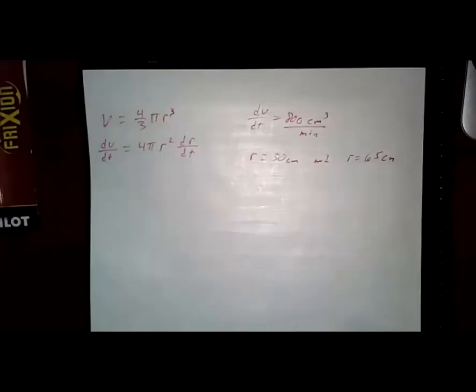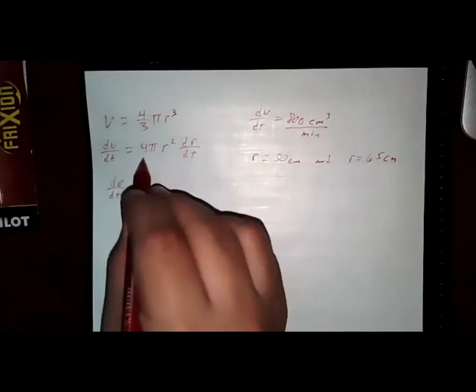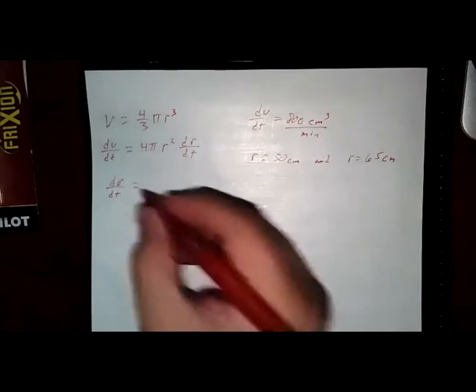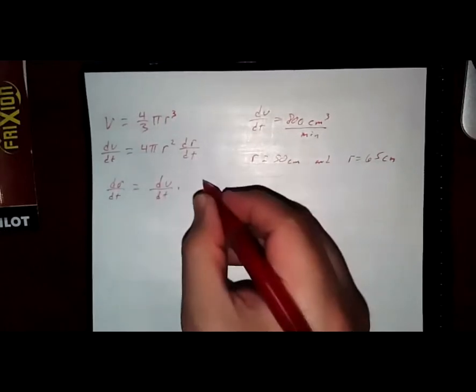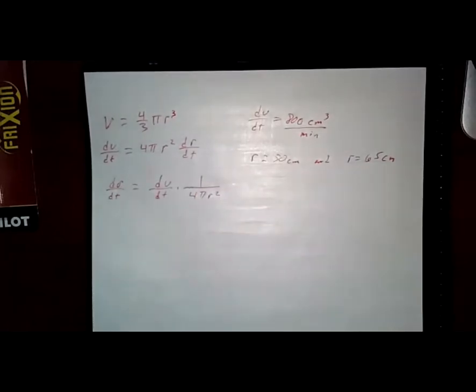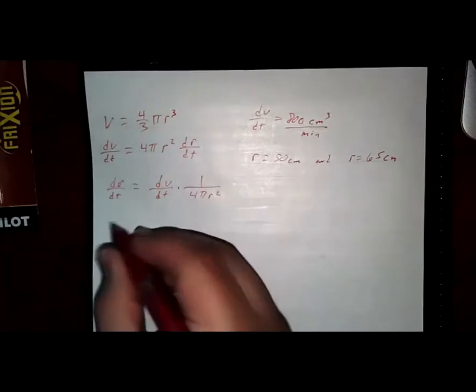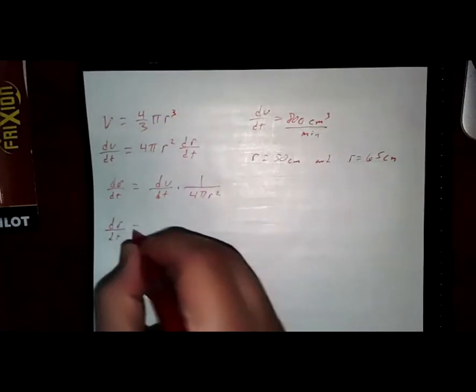All right, so dr/dt. We want to divide all this stuff over here, so that would be equal to dV/dt times, just to make it look prettier, I'm going to put it over here on the side, 4 pi r squared, right? Yeah. All right, so we know the change in volume over time, so plug that in and plug in the r, and we should get it. So the rate of change of the radius over time should be